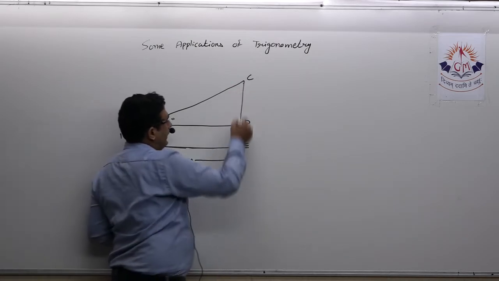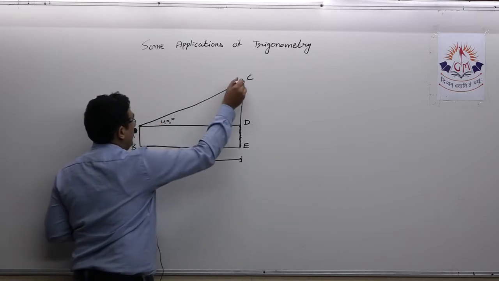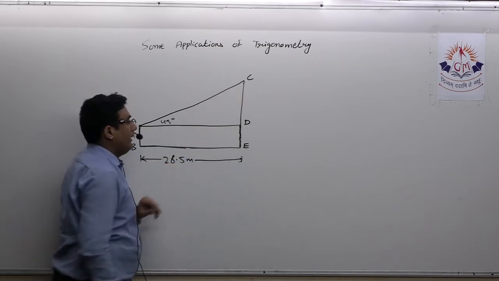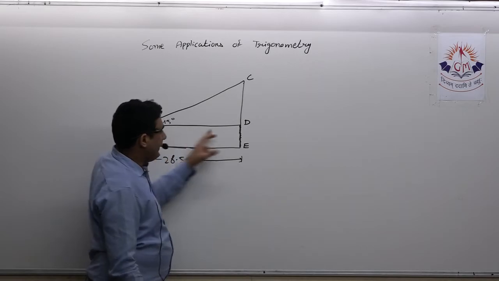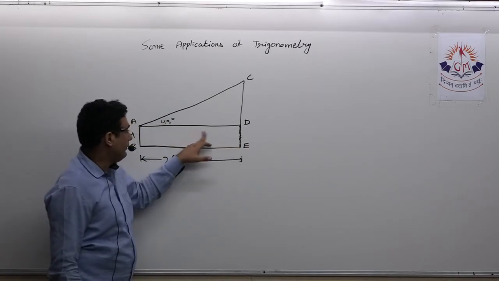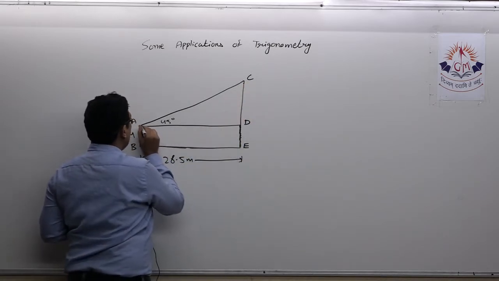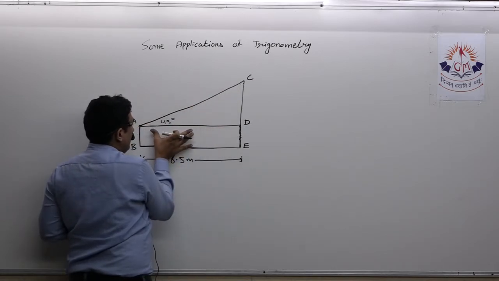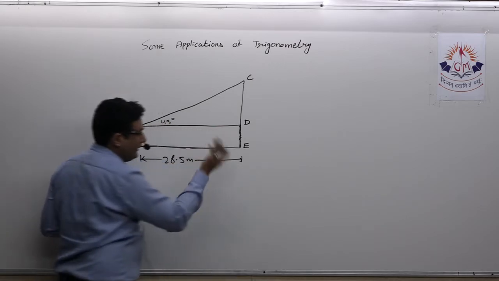Now to get the height of the chimney, I need the length CD, and for that I can apply any one trigonometric ratio in triangle ADC. Now to get CD, either I need AC or I need AD, isn't it? Of the two measurements, one must be given to us and one we have to obtain. So here I have to obtain CD, so I must have either AC or AD. AC is not given. Now AD is equal to BE. That means I can say AD is given indirectly.